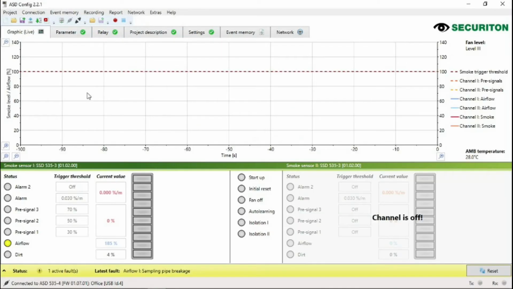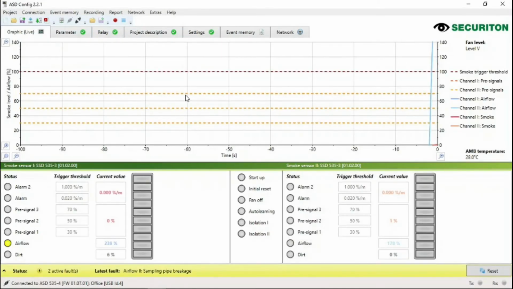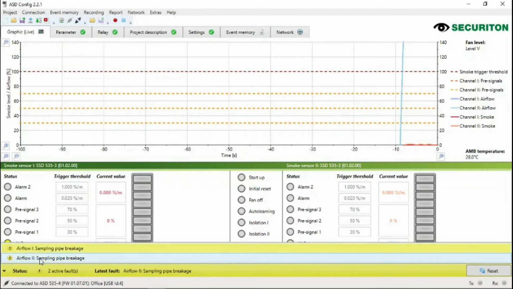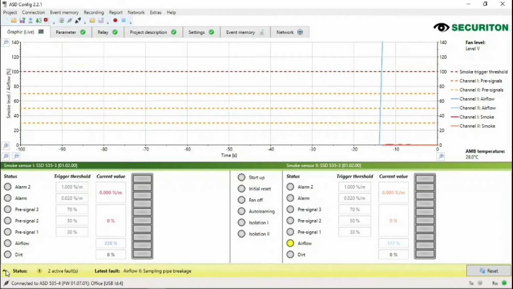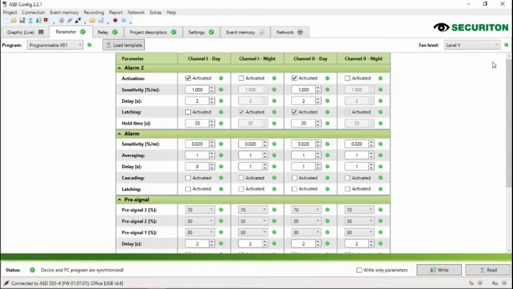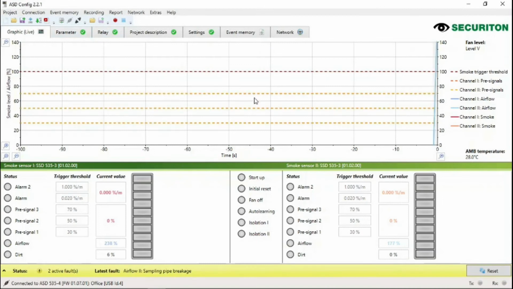Now let's go back to the live graphic. Currently, it should be off the charts. We've got sampling breakage currently happening, which just means our airflow is too high. Now we've checked the piping is all fine. Also note when you've changed the fan levels, give it about a minute to stabilize. Okay, so after you've stabilized, only then can you go to extras